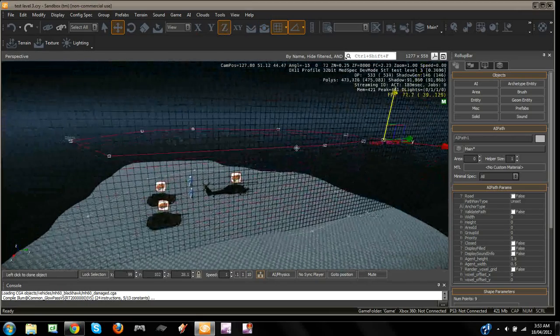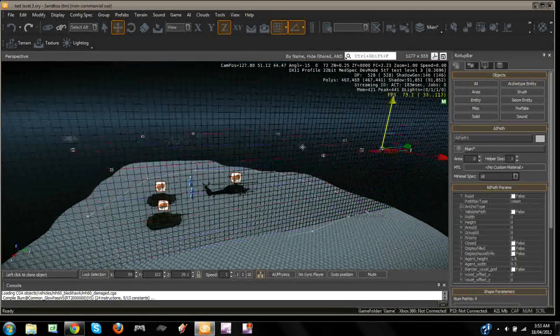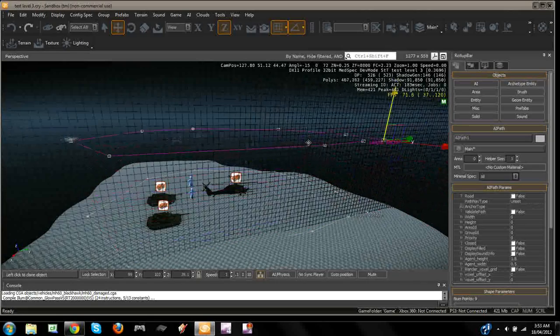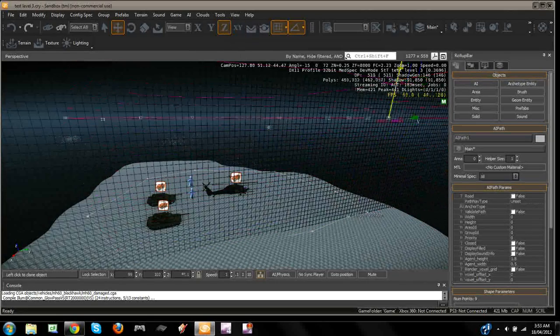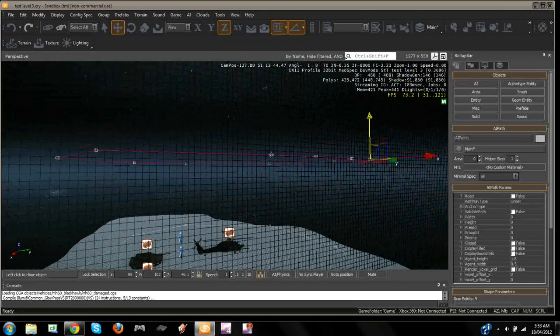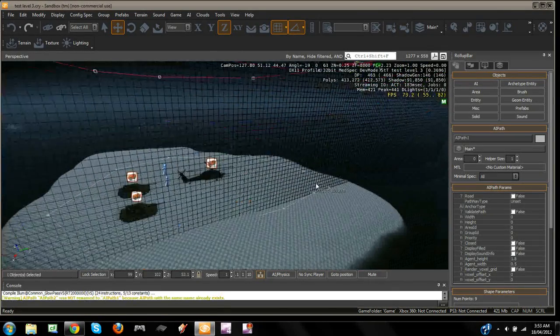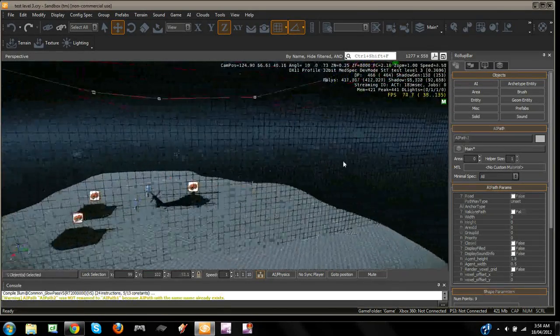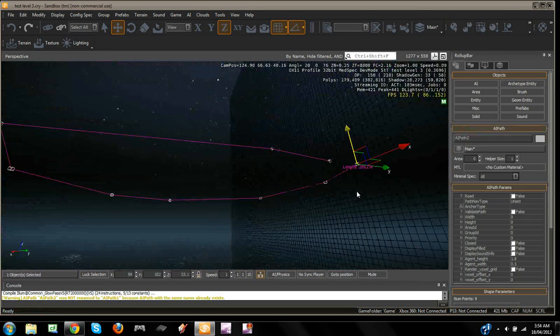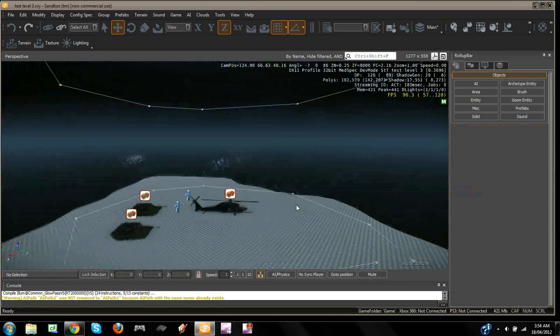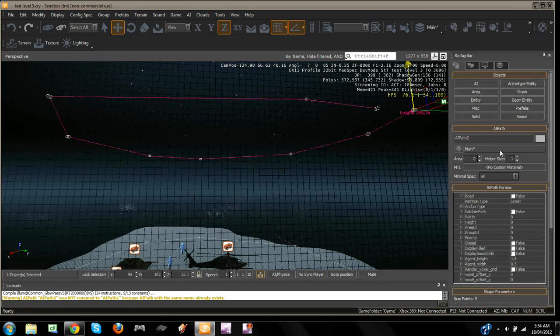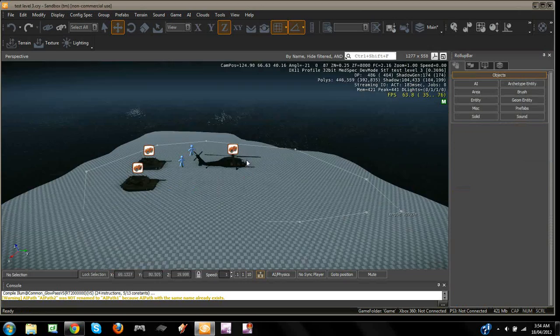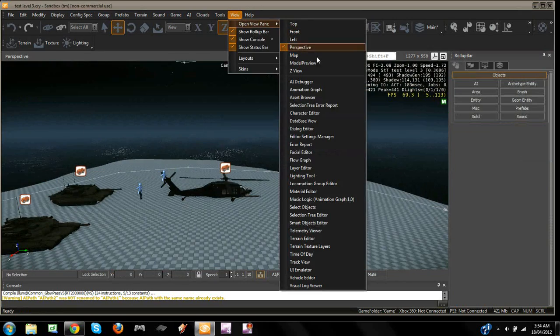I just copied and pasted the path by going Control C, Control V, and now I'm pressing Z at the top to raise it. You see it's raised, stick it up there, it's a helicopter, it's going to fly, and it automatically renames itself to AI Path 2. Just copy the name off of that. Now going back to our flow graph,